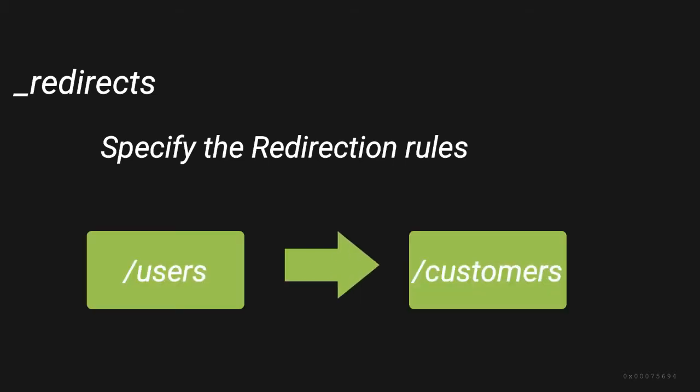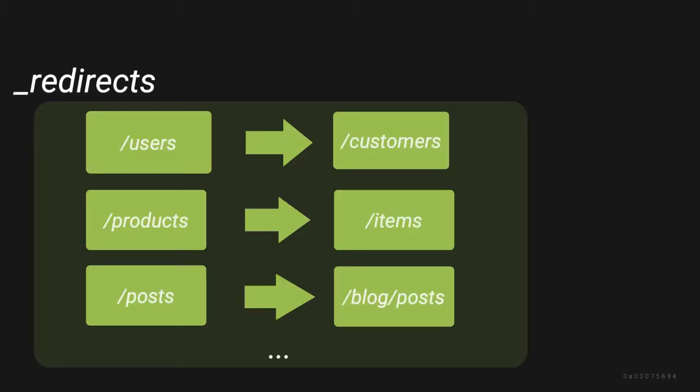Now we will see what this _redirects file is and how to configure our server using this file. As the name itself suggests, this _redirects file helps us to write our redirection rules. For example, if we want to redirect one request to some other request, we can write all those things here. We can have any number of redirection configurations inside this file. Also, we should write all our redirection configurations in this particular format. First, we specify our from path, then one space, then the to path, then another space, and finally we can optionally specify our response status code. That part alone is optional.